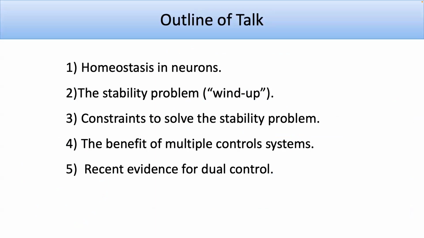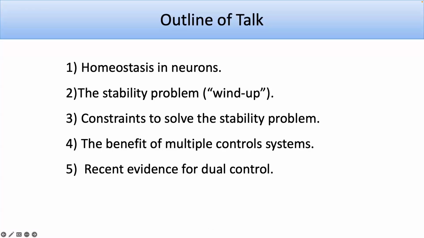Okay. So here's a brief outline. There'll be some introduction about homeostasis in neurons. First, I hope you all understand what homeostasis is. The classic example is body temperature, or as we approach winter, keeping the buildings the right temperature. If things get too cold, you want something to heat them up. If things get too hot, you want to cool them down. Our bodies do that. And there are numerous mechanisms for different features that are essential for life in our bodies. Partly what I'm going to get at is that things are a little bit different with neurons, but homeostasis is important.